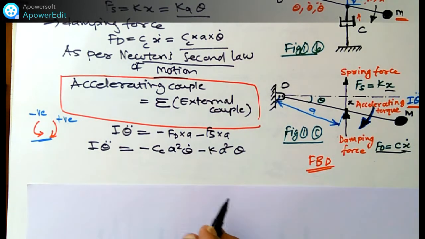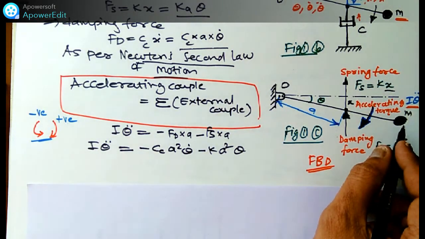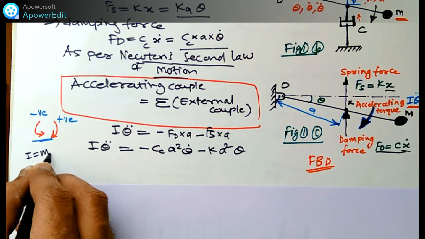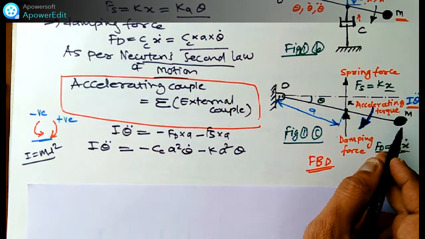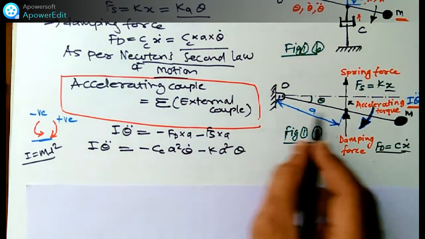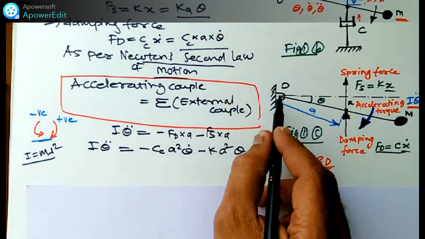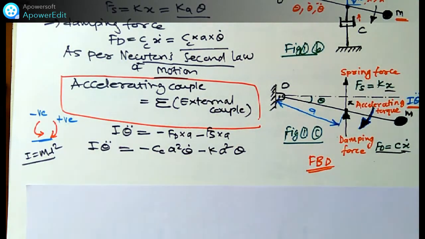I is what? Is the mass moment of inertia for this one m. So I becomes here ml square. Length of this mass moment of inertia of mass m is ml square. L is the total length of this. Here it is given in the main figure. L is the total length from O to this point m, the end of the mass L. So ml square we have to put it in this equation.